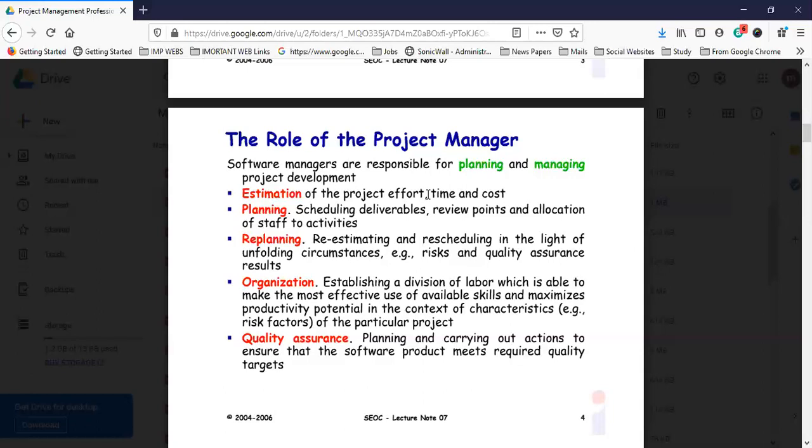So it is very important for any organization to get the right resource, at the right time, for the right deliverables, and the skills and requirements of the different resources at the same time.